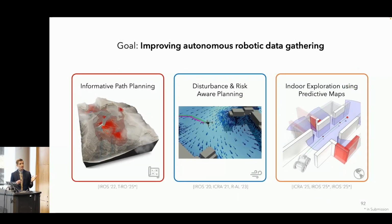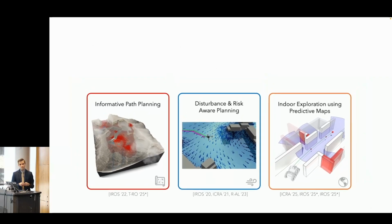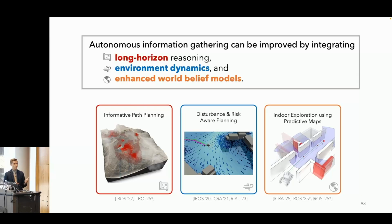So now let's take a step back and look at the broader picture again of autonomous robotic data gathering. We've covered how informative path planning, disturbance-aware planning, and predictive models contribute to improving autonomous data gathering. And together, these approaches really align with my thesis statement that autonomous information gathering can be improved by integrating long horizon reasoning, enhanced environment dynamics, and enhanced world belief models. And so with this foundation, we hope we move closer to an autonomous system that can operate effectively in real-world